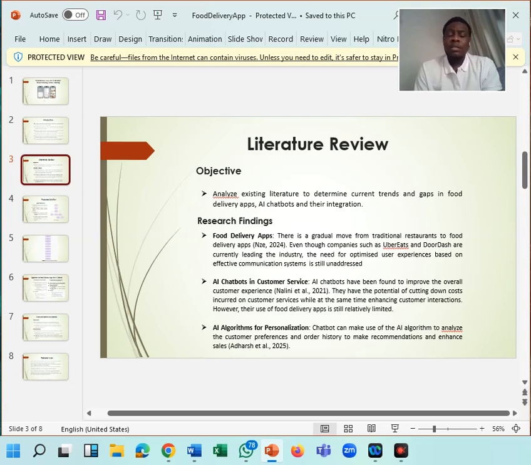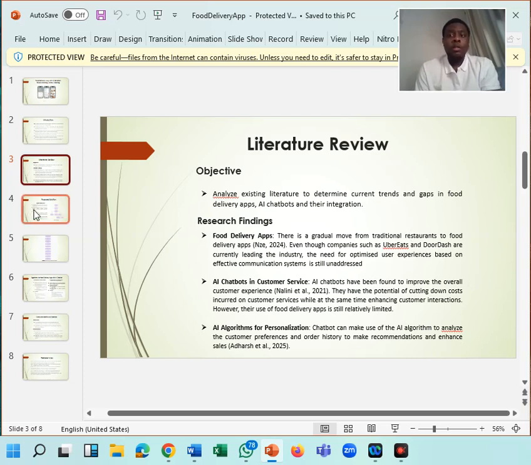That's why with the integration of AI chatbots into the food delivery app, you are assured of personalized services and a tailored application for the user. So when the user is using this application, it feels like the app was made for him or her. And that's because of the algorithms used in building these chatbots. Now, they enhance the application recommendations and also enhance sales. When customers are satisfied, they invite more people to come and use the app.